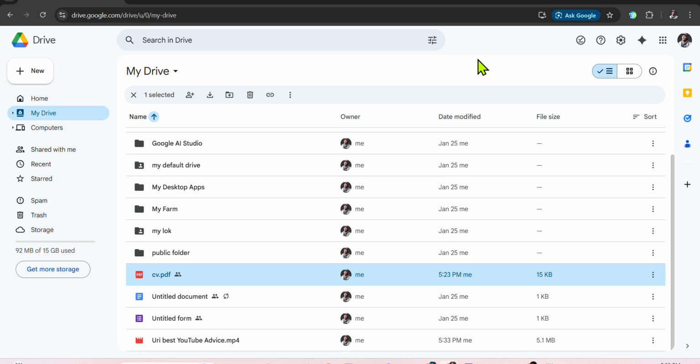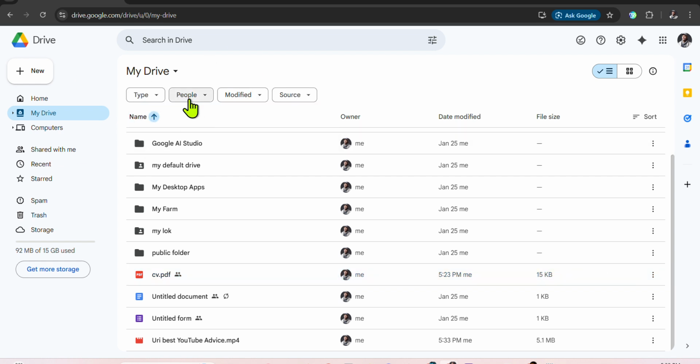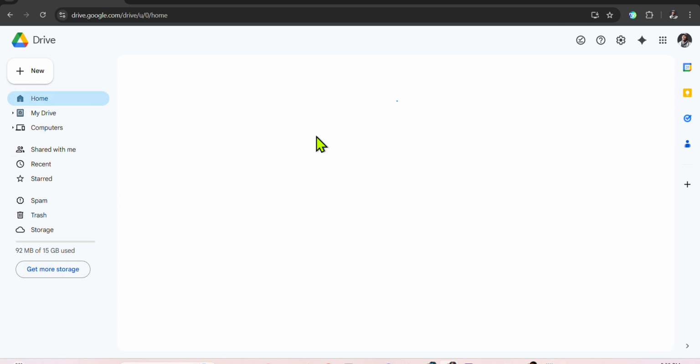So in this video, I'll show you step by step how to open backup WhatsApp files in Google Drive. If you want to open the WhatsApp backup in Google Drive, let me show you if it's possible. First up, after you open up Google Drive like this one, the first thing you should do is